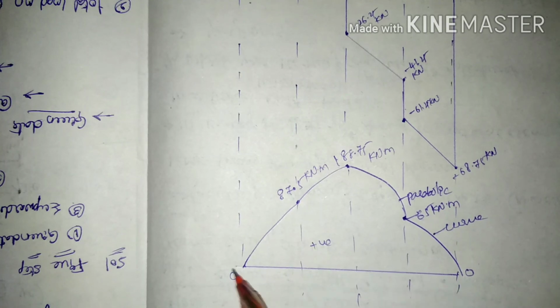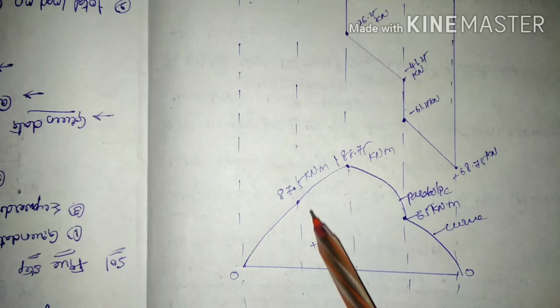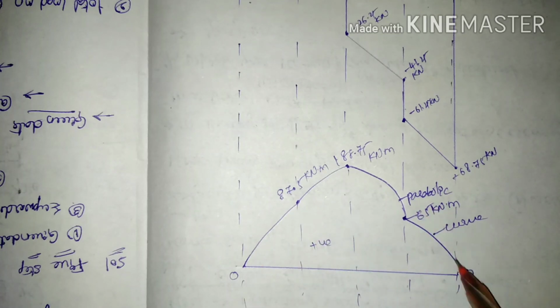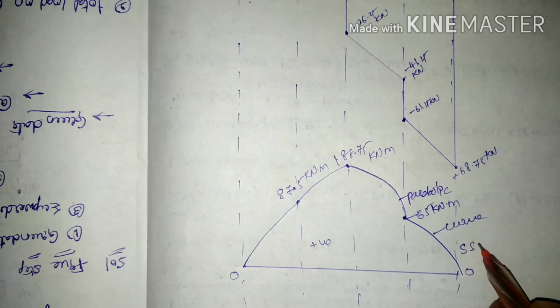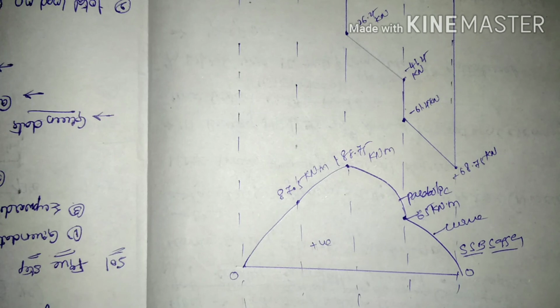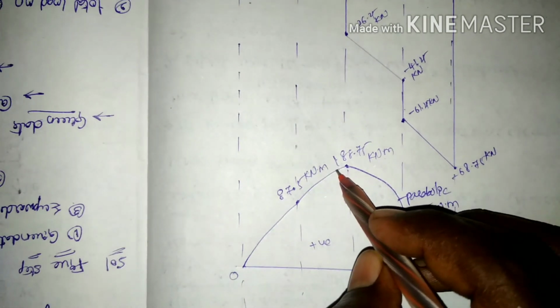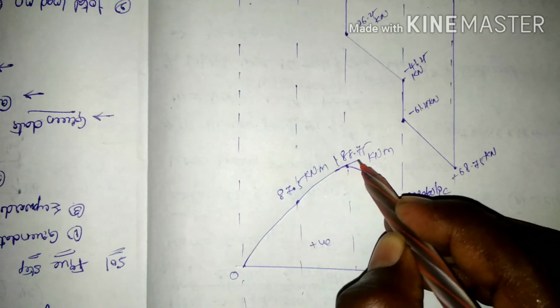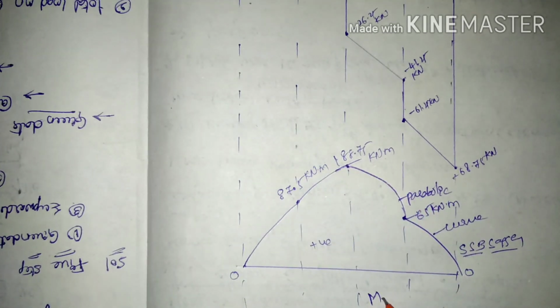From A to C we have points, and with respect to their values, these are parabolic in nature. And next, this simply supported beam takes the moments in sagging, and we have to position the maximum bending moment and its magnitude. The magnitude of the maximum bending moment is 188